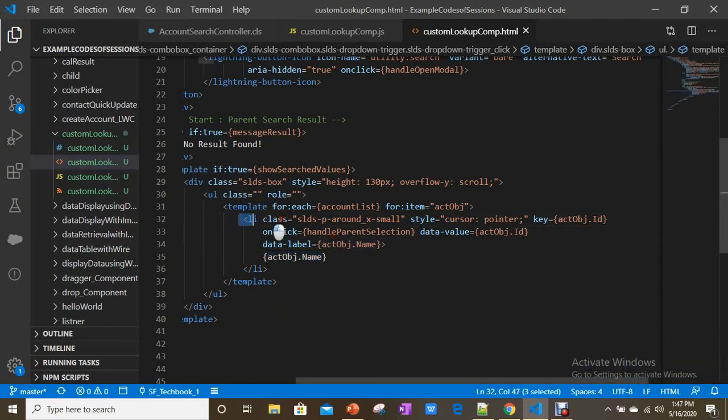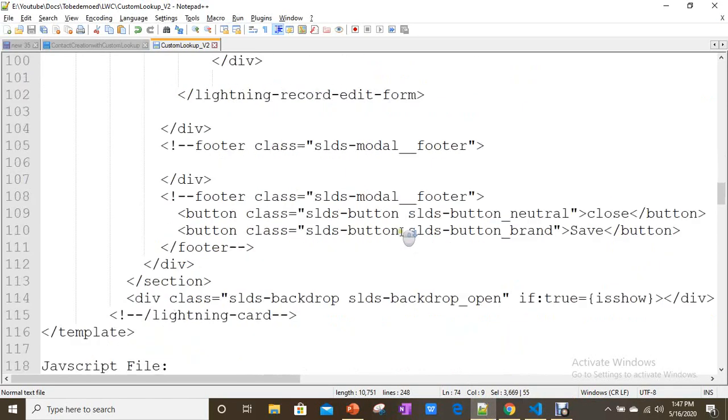And when someone clicks on this list item, I am passing data value as account ID, data label as name. And when the user clicks on this list item, it invokes handle parent selection. Now let's create this.